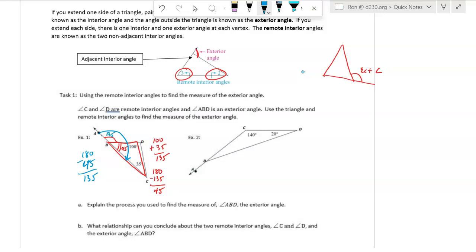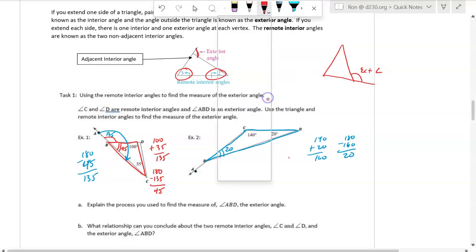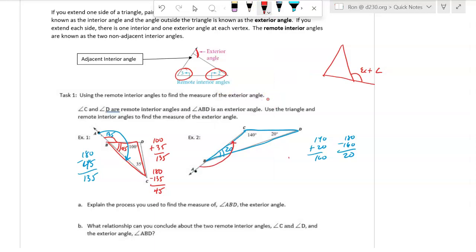Now let's try the other one. If I take this triangle and I look for this angle here, that would be 140 plus 20 is 160. Now 180 minus 160 is 20. So that angle is 20 degrees. What do these two angles have to add up to? They have to add up to 180. So 180 minus 20